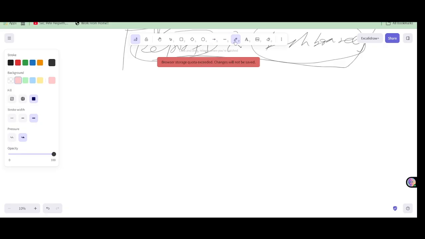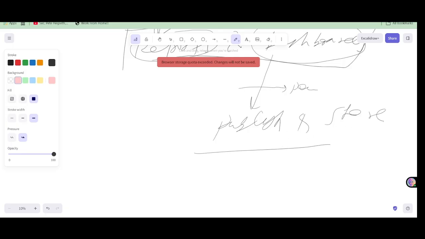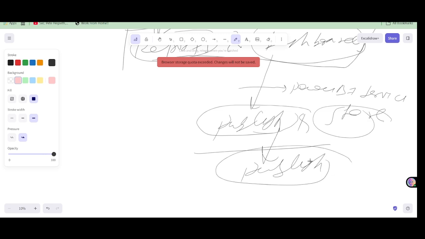The Power BI has a feature called publish and share. I'm talking about Power BI service. Power BI service has a feature called publish and share. When we publish our dashboard, it is available on the Power BI service, on the cloud, and we can access our dashboard from anywhere. And if we want to embed our dashboard into websites, we can also do that using the Power BI service.